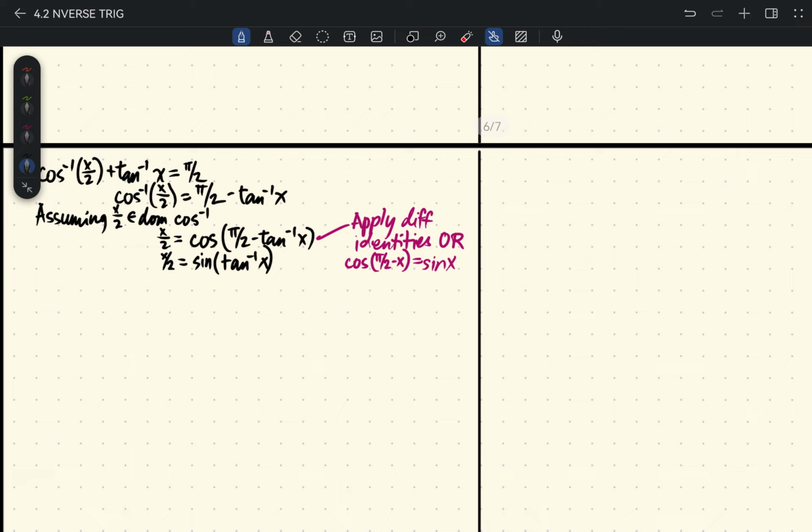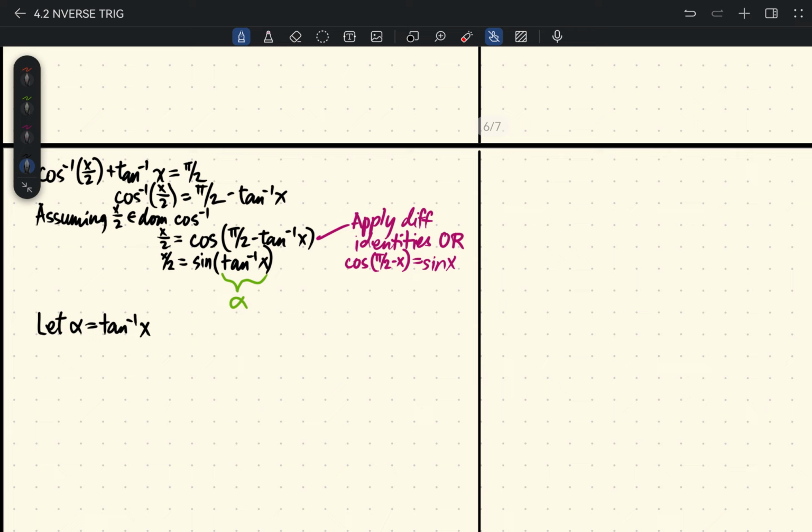Why is it better? That's because you have the sine of tangent inverse here. You only have one term involved on the right side. And we are already familiar with evaluating expressions of this form. We can do the same technique as in number 3 and let alpha be equal to tangent inverse of x.